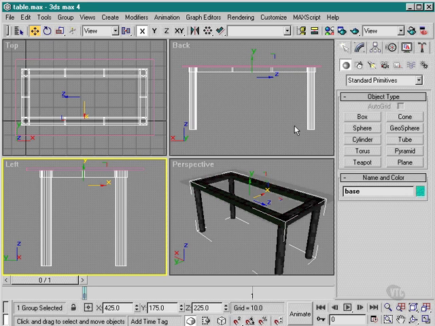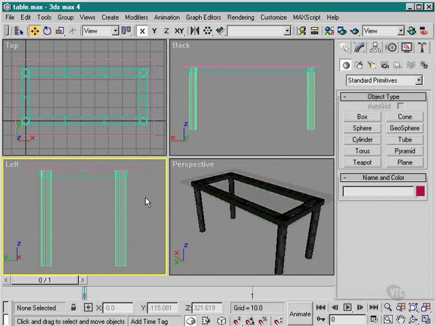Okay, now that my object's grouped into two bits, I've got a base and a glass top. All I have to do now is apply materials. You can see in my perspective I've already got some materials, so I'm going to show you how those materials came about. If we go to the materials editor,